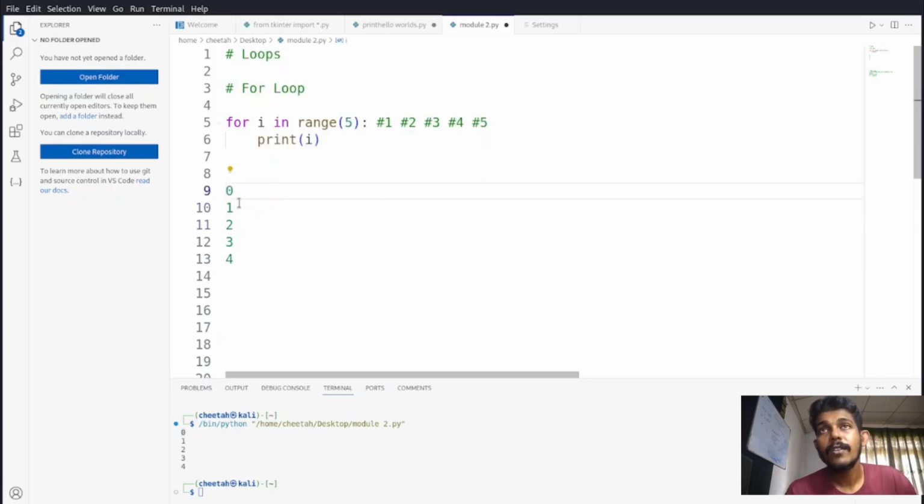Alright. So that's why 0, 1, 2, 3, 4, because it is run 5 times. This code means i is 0 in range of 5, so this loop needs to run 5 times and print i each time. So the first time it will print 0, the second time it will print 1, the third time it will print 2, and